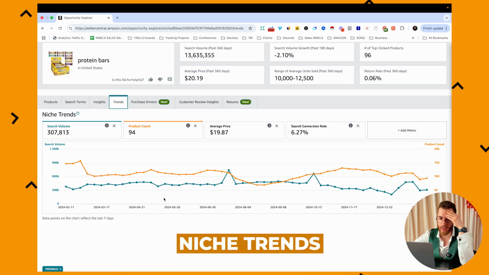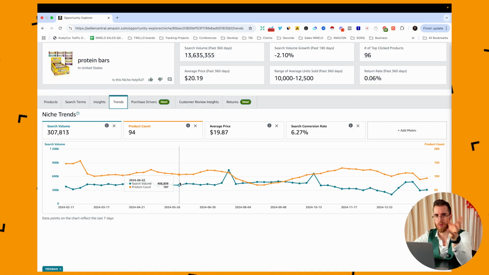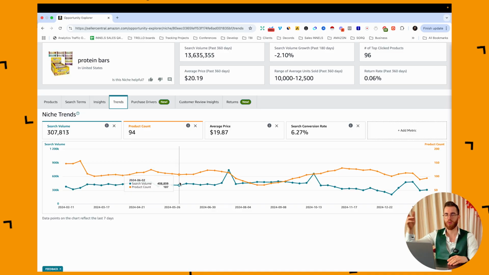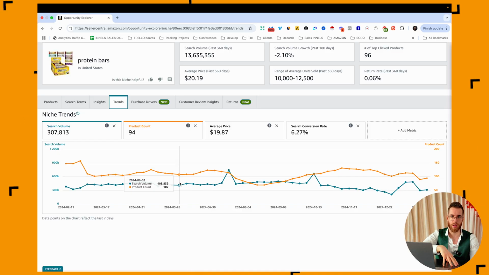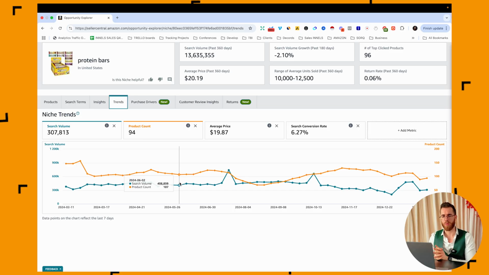The next one is trends. What I like about this insight is that we can see, for instance, whether there are more products in the market for the last year or not. So let's say your conversion rates changed a lot. Let's say in September it was 15%, then in December it got to 22%, and before it was not that big a spike. You might think, what is the reason? One of the reasons could be that some of the competitors are out of stock or something is just happening on the market. So of course you do the research on the keywords, what is happening, your competitor searches,